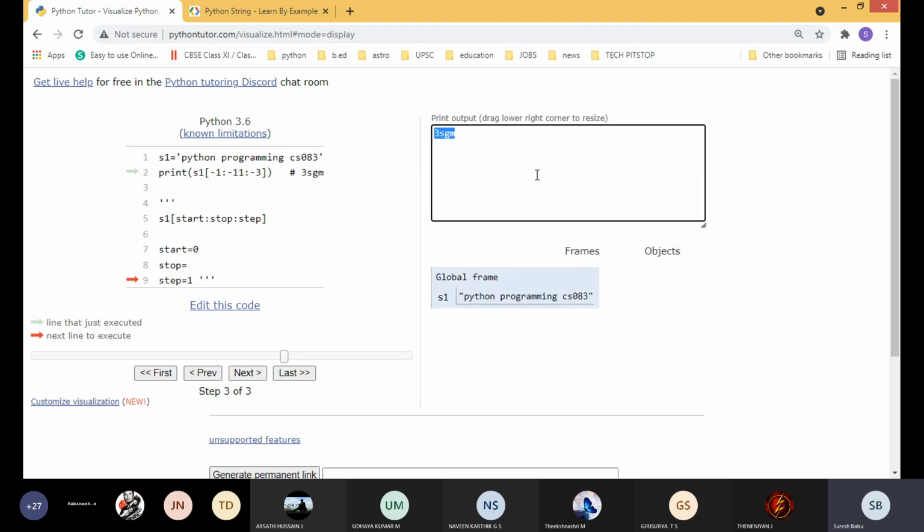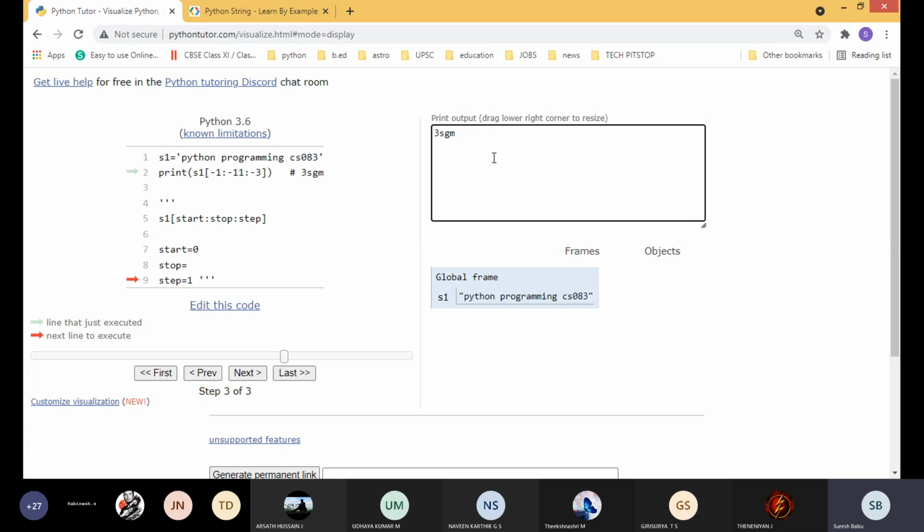Okay, students, everyone understood slicing and indexing. By mentioning only one value, you can get one character. By using the slice operator, you can get continuous characters or any part of the string by using step values. You can use both positive indexing and negative indexing in accessing the character as well as in the slicing operator.